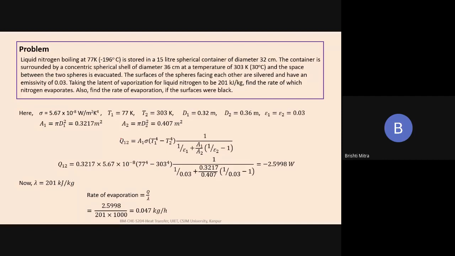So what is this example that we're talking about? This is a very practical example, you see. Liquid nitrogen, see what happens. I think most of you have seen flasks at home, that means vacuum flask,